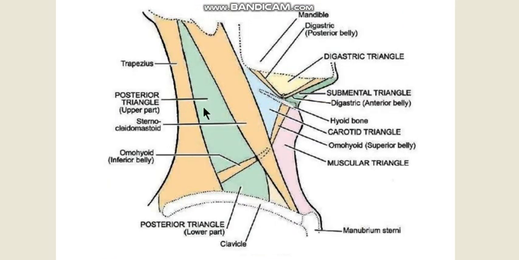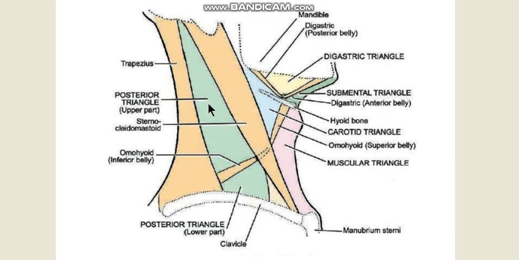Now if we take a look at this diagram, this above here is the occipital triangle or the upper part of the posterior triangle, and this below is the lower part of the posterior triangle, the supraclavicular or subclavian triangle. Now this upper occipital triangle is bounded in front again by the posterior border of the sternocleidomastoid, behind by the anterior border of the trapezius, inferiorly by the inferior belly of the omohyoid, and above again it meets at a point over the superior nuchal line.